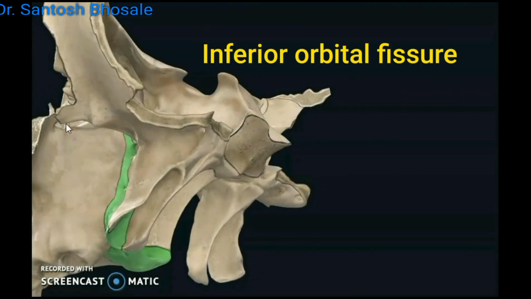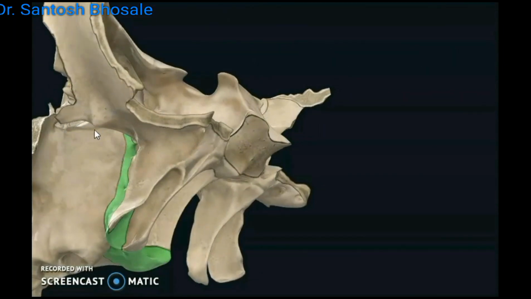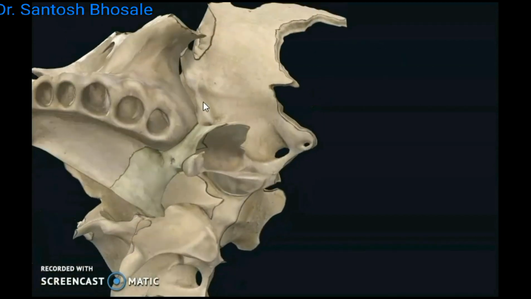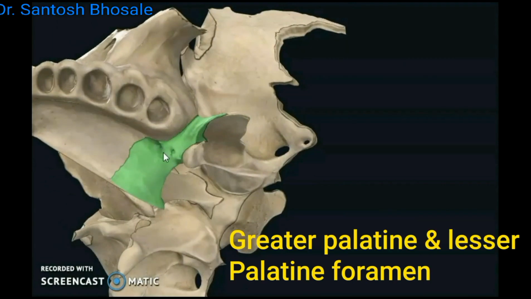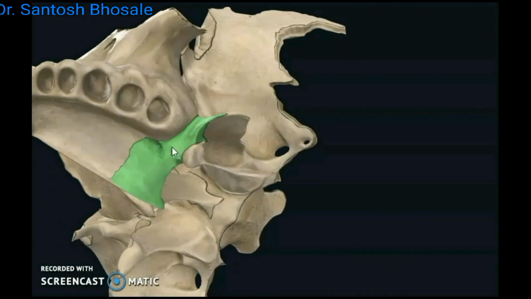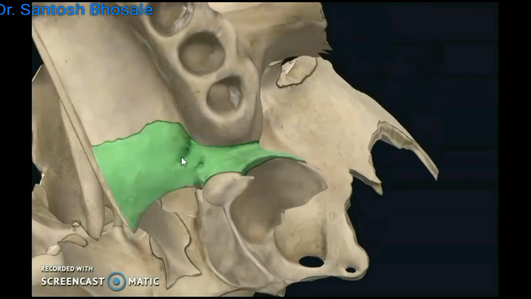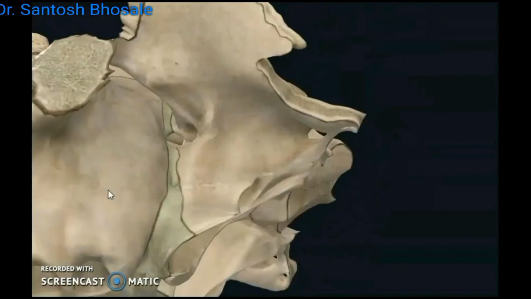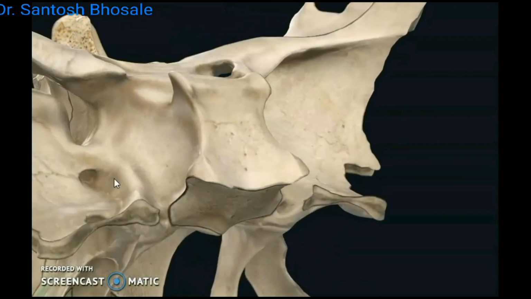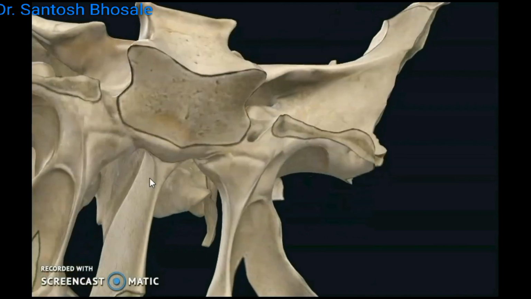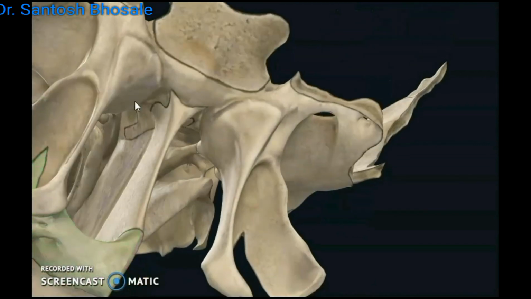You can see that is the inferior orbital fissure, and if you turn to the floor, you will see 2 openings there, the greater and lesser palatine foramen or canal. So 2 in the floor, 3 in the posterior wall, 1 in the medial wall, 1 in the anterosuperior wall, and 1 laterally. So totally 7 communications. So 3 in the posterior wall communicate with the middle cranial fossa, 1 in the medial wall communicates with the nasal cavity, 1 in the anterosuperior wall communicates with the orbit, and 1 below communicates with the oral cavity, that is the palatine canal there.